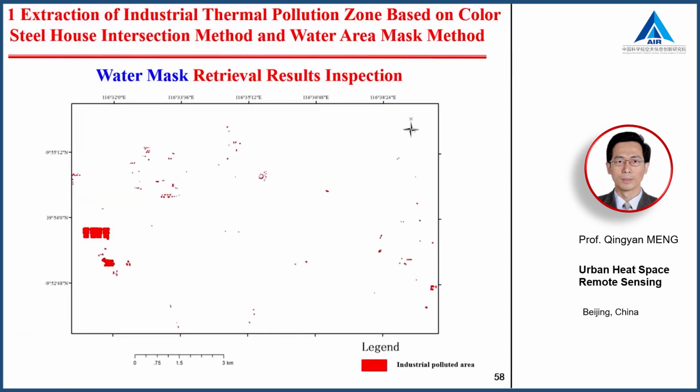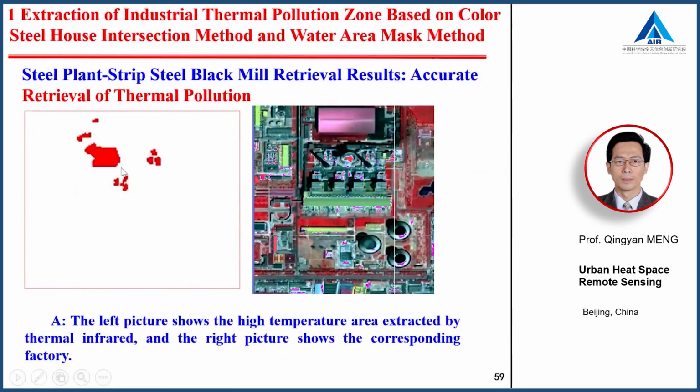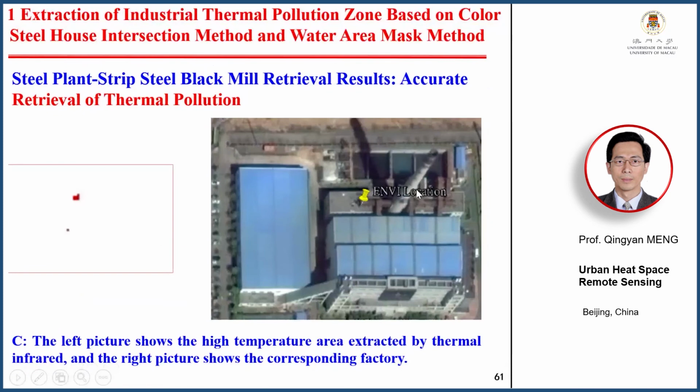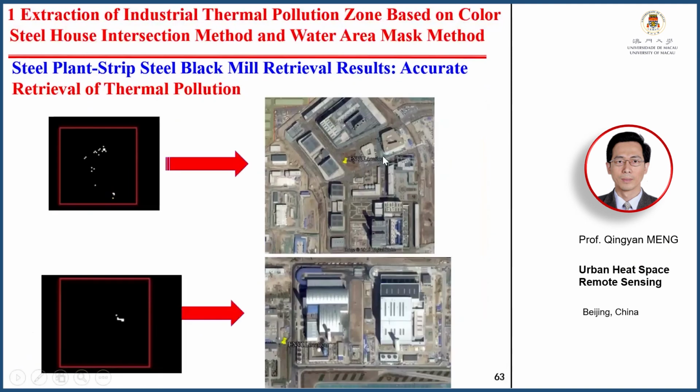This is the water mask retrieving result, and you can see some interesting results, and this is the accurate retrieving of the thermal pollution. Compared with the optical satellite data or Baidu, Google, you can see that there are the corresponding factories, and this is also the high temperature area, and the right also shows the corresponding factories. Okay, this is the champion. Some results of the different color